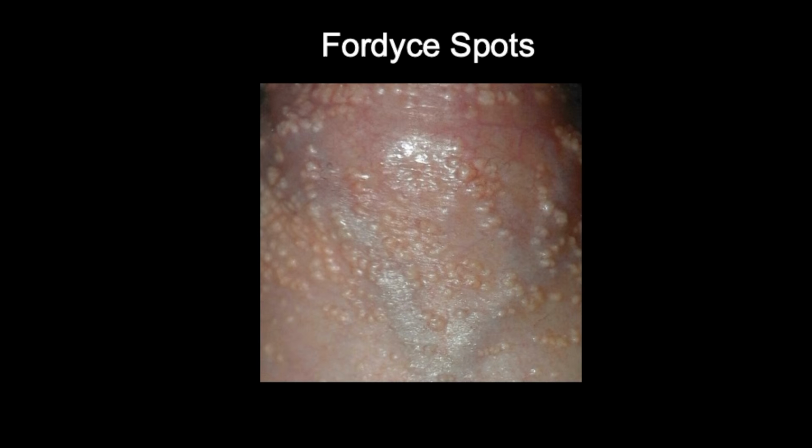Today's video is going to be a brief but hopefully very useful clinical video on something called Fordyce spots. The reason I'm making this video is because recently a patient came to see me in clinic complaining of these small white spots that had seemed to appear in clusters on the penis, and they were wondering whether or not these could be a sexually transmitted infection.